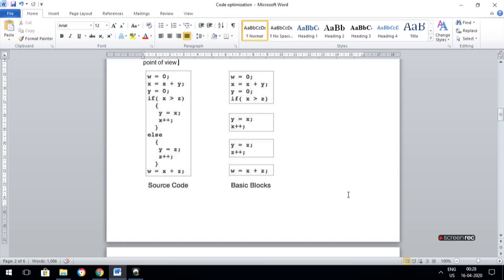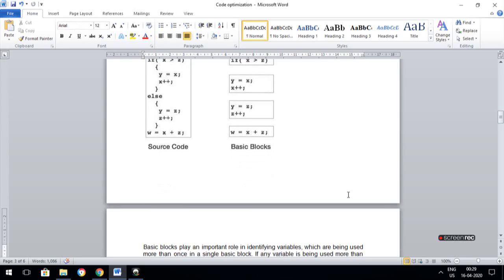That is for a branching control structure, if else. If has the true part and else has the false part, so the if part and else part is one basic block. Then else followed by the other main program statements is another basic block. Likewise, we can divide this into 4 basic blocks.